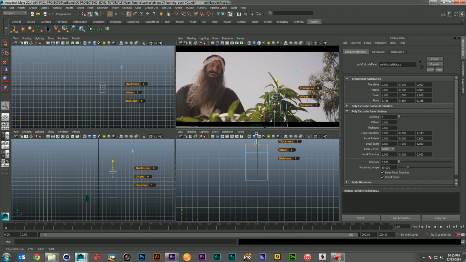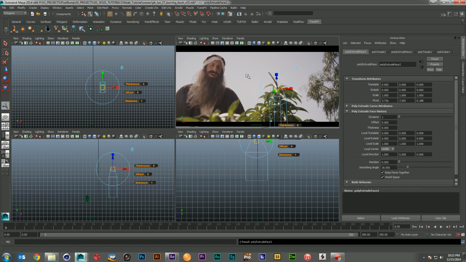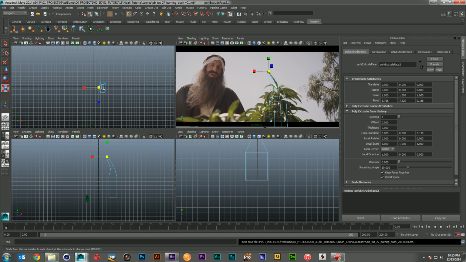I'm just going to pull this up a little bit and maybe shrink it in, and then I'll repeat that for this little piece over here. I'll shrink that in even more, and then I'll start grabbing some faces